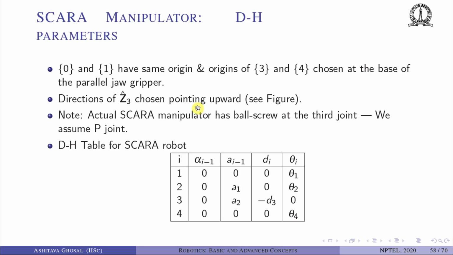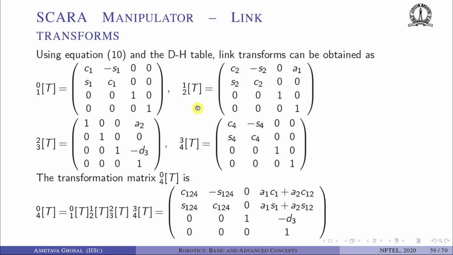Okay, so we can find the DH table for this SCARA robot. And once we know the DH table, we can go and find each of these link transformation matrices. And as I have said, if I want, for example, the position and orientation of the fourth link with respect to the 0th link, I multiply T01, T12, T23, and T34,